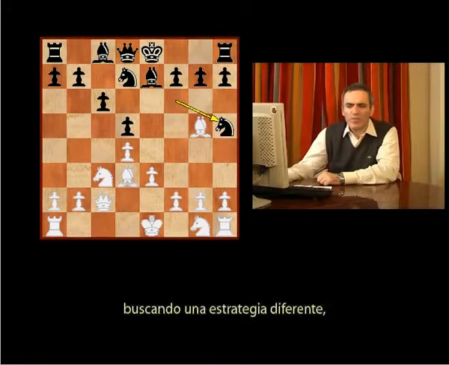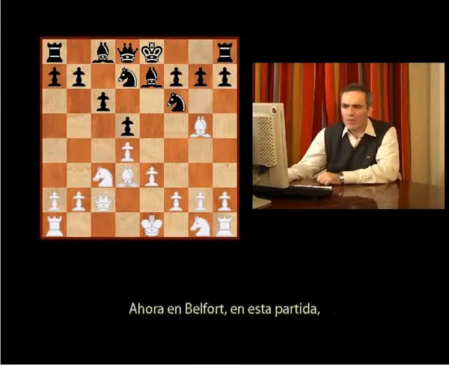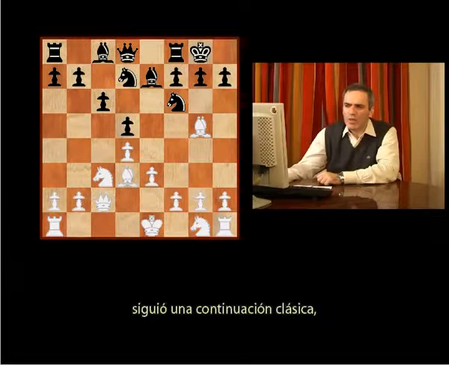chose Knight H5, looking for a different strategy, exchanging the bishops immediately and then going Knight B6, Bishop A6, castle, but couldn't equalize fully. Now in Belfort, in the game, we went to a